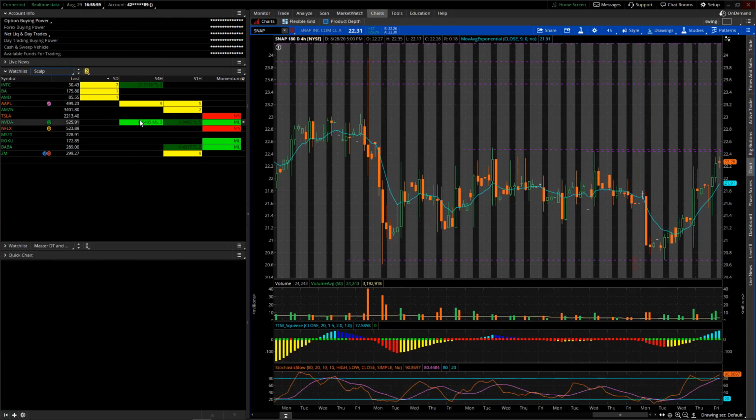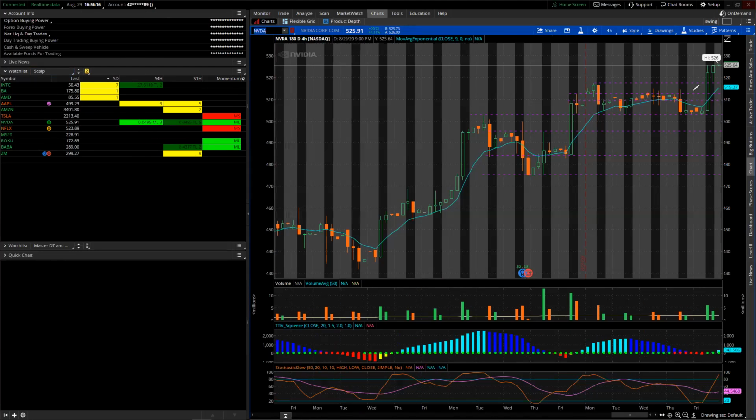You would know that NVIDIA has momentum already. It could be a continuation play for the next day, that type of thing. But the key is you want to be looking for stuff that's yellow or first period green on a time frame and play those. If you want to play the pullback, you can play first period greens. For example, you can play NVIDIA on a pullback on Monday. You could wait for NVIDIA to pull back a little bit to the 520 area, and as it dips, you buy it.